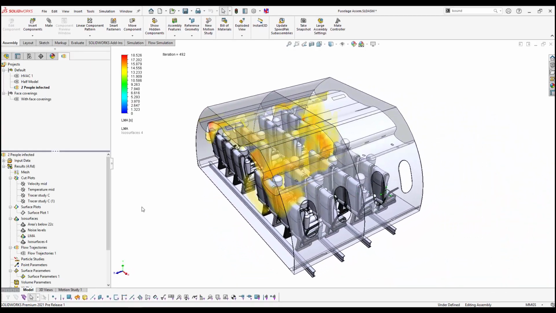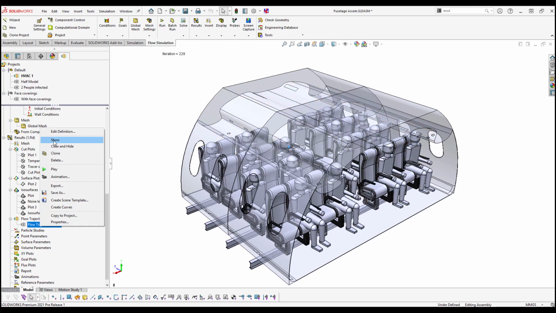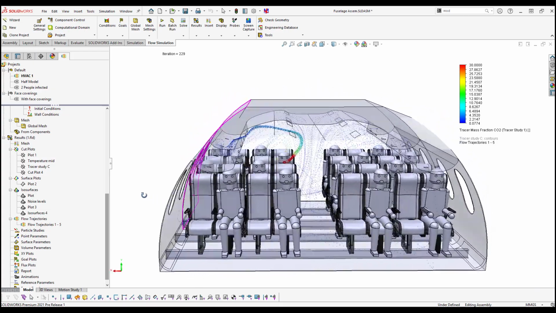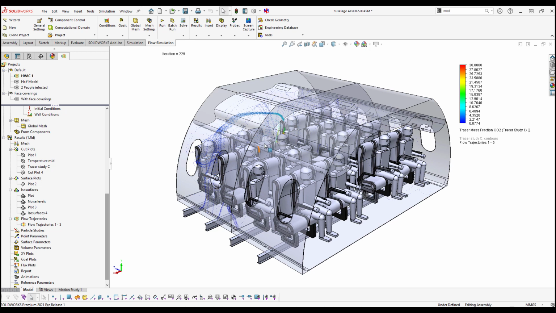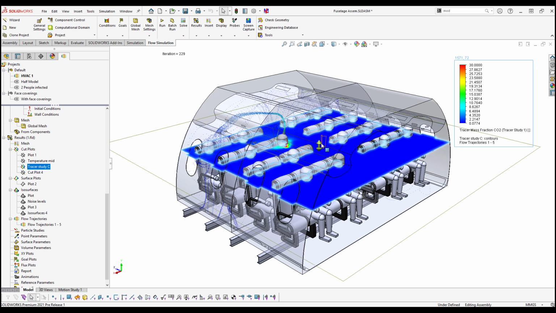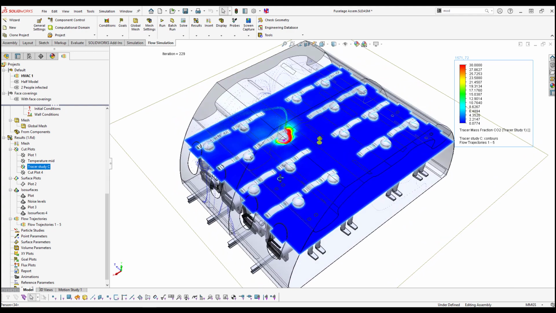For example, what would happen if one of these passengers sneezed? Ideally, we would like the contaminant to be forced down away from the other passengers, straight into the outlets and into the filters. But to see if this happens in practice, we can run a tracer study where a set amount of contaminant or admixture is placed into the existing flow stream. We can then see which areas would be affected by this. Here we can use this cut plot to see where this would travel. In this example, it's safe to say I wouldn't like to be sat behind this gentleman.